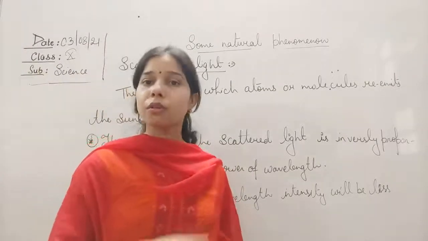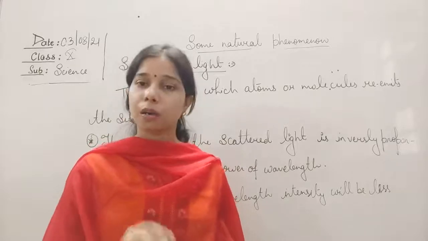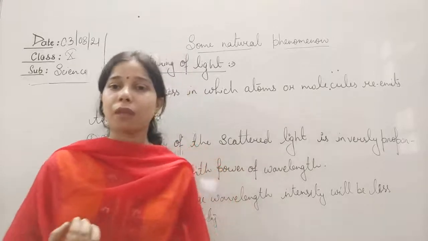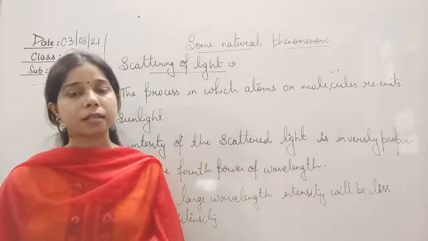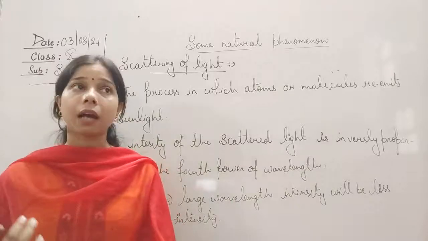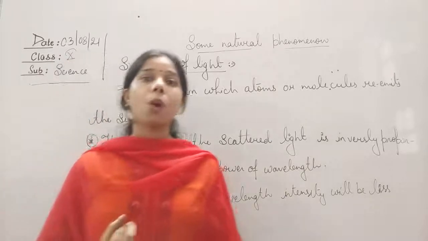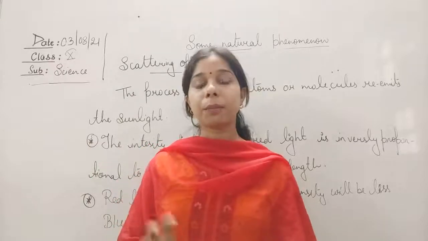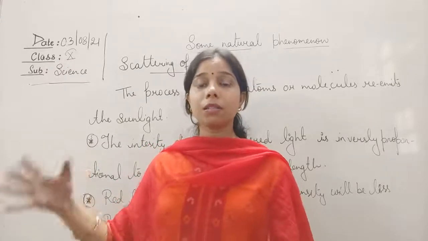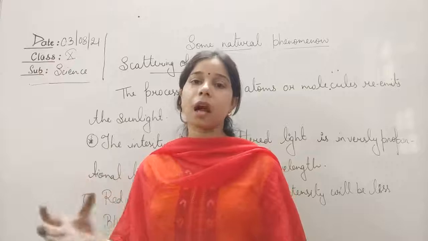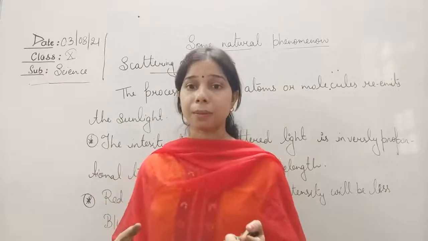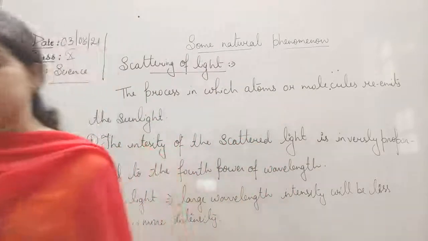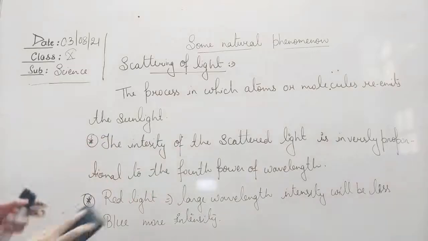Now by this a lot of other causes occur, students, like applications of scattering of light. The causes are like why our sky appears blue, or why during sunset the sky appears red, or why in space the sky, the atmosphere, is black? So first, we will see why the sky would appear black